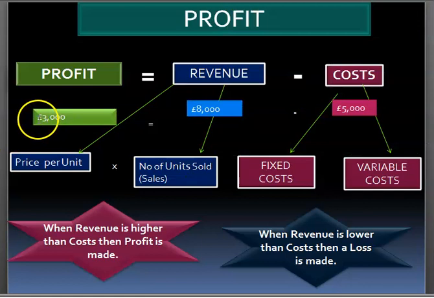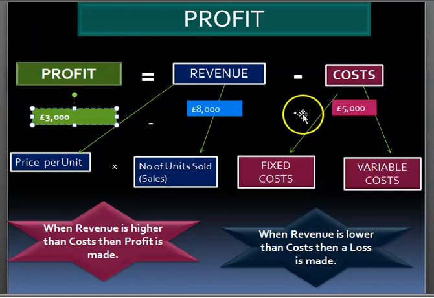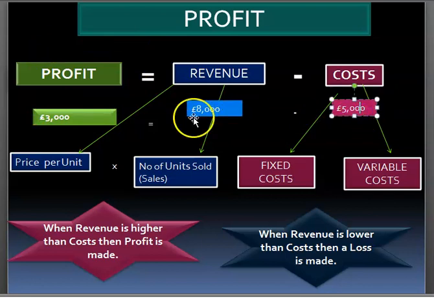Okay, so the £3,000 becomes a profit. Why is it profit? It's profit because the business has made more money than it had spent. He made £8,000 and he spent £5,000. So the profit is £3,000. But in some situations, a company might make a loss, when revenue, which is this one here, is lower